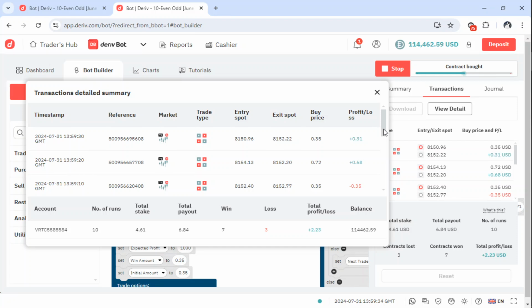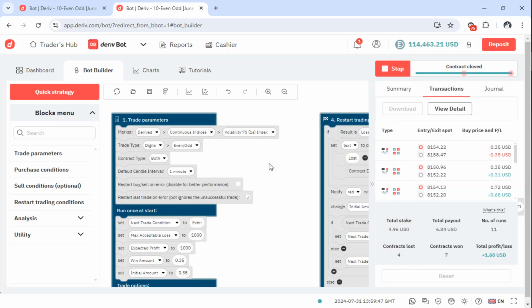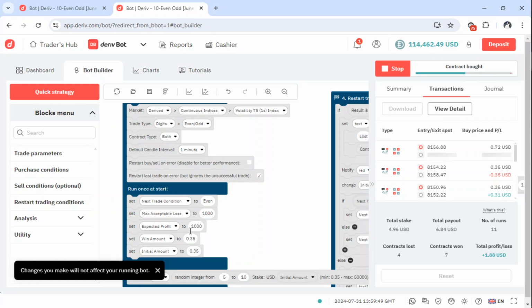Meanwhile, you also need to have a particular loss in mind, so that when it is hit, you are good to go. For example, you can place that stop loss, the section I showed you here. Expected maximum loss you can place to $10